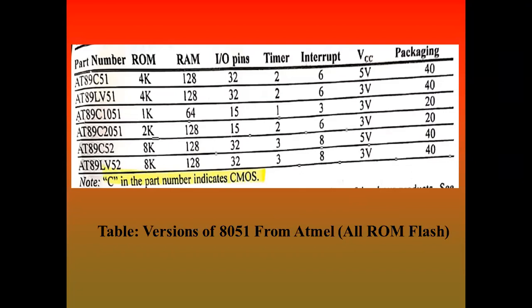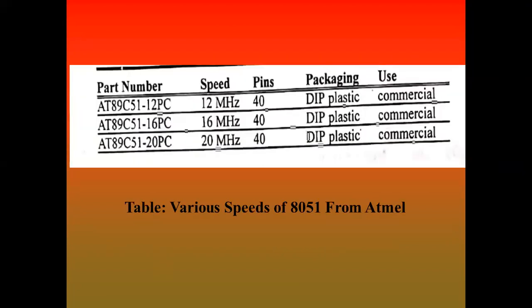Whereas interrupts are also 3, 6, 8, meaning it can be 3 in one version of the microcontroller, then 6, 8. Then VCC is mostly 3 or 5 volt. And the packaging, that is the IC pins, can be 20 pin or 40 pin. So these are the versions of 8051 from Atmel, all based on ROM flash. In the next slide, now various speeds